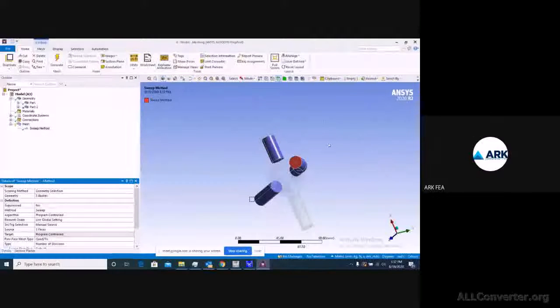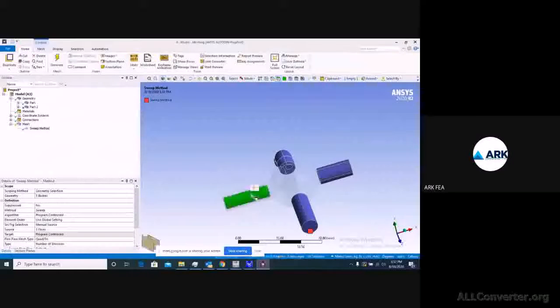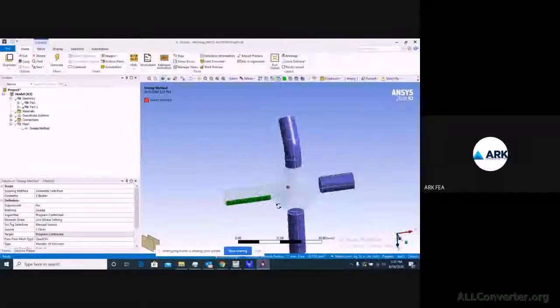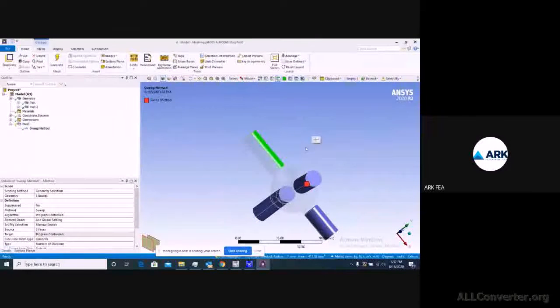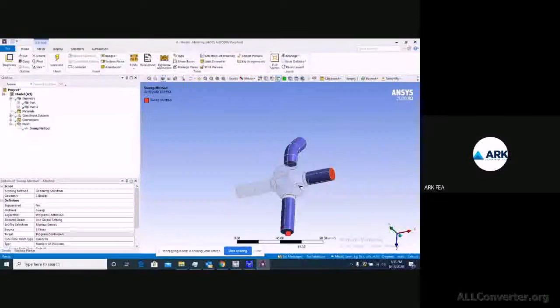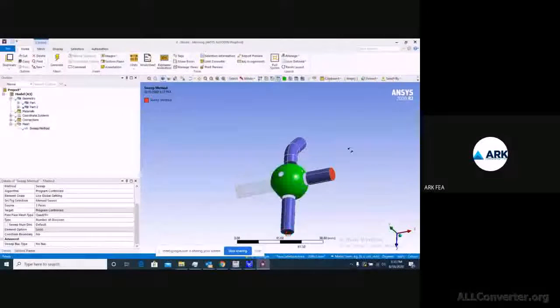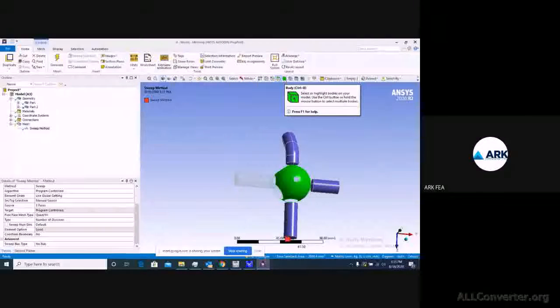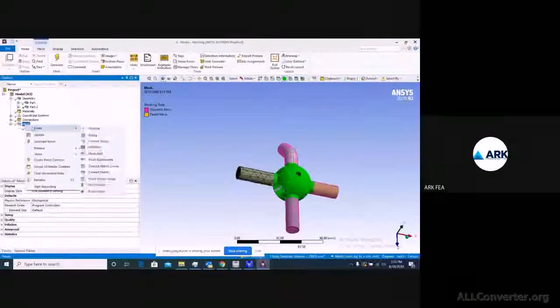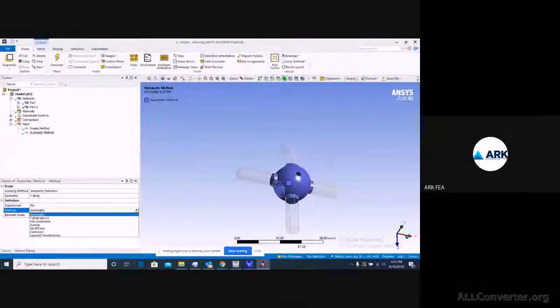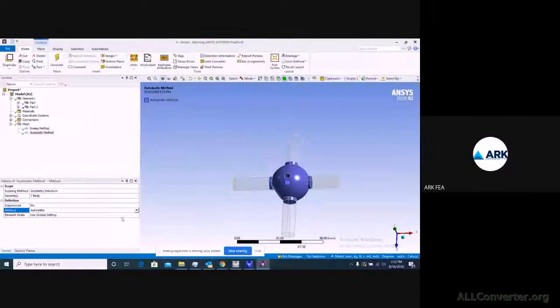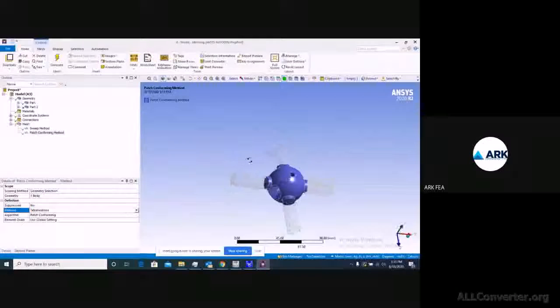And in the next step, we'll try to add to this part, that is one part, I'm selecting it. Yeah, so we'll move on to this part. So using complete solid selection, complete body selection, and I can add method once again. And for this kind of geometry, if I had to go with tet patch conforming, so this is how I added patch conforming.